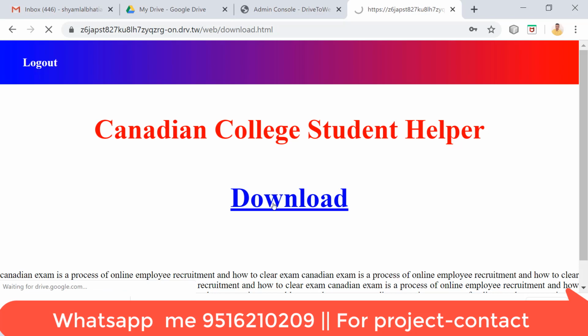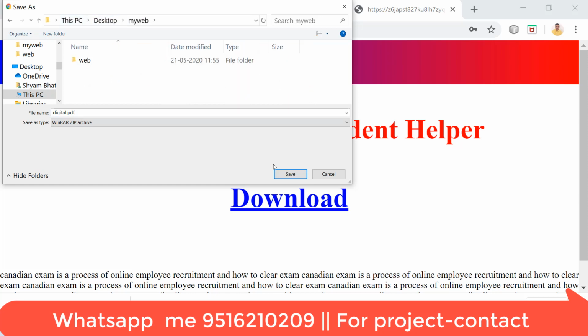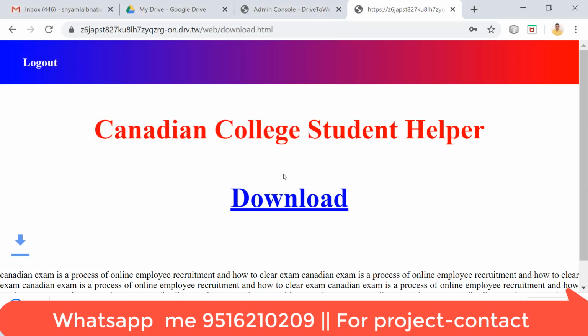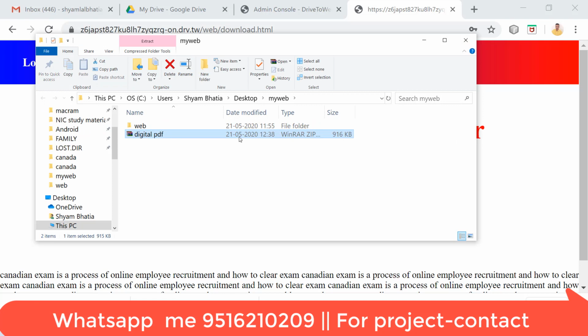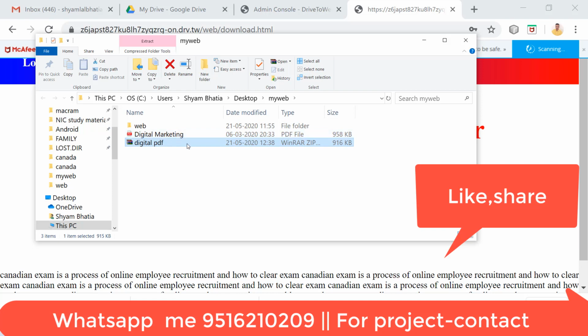Yes, it's working, and in a few seconds it will ask where I want to save that PDF. Yes, it is asking, digital marketing. So I can say digital PDF. And I will save it in my website folder, and here I name it digital PDF. Yes, remember this name, and just save it. Yes, digital PDF, and go to here, right click and show in folder. Go to show in folder, and here you will find digital PDF, and here you will extract it, and yes, you got it, okay. Everything you have downloaded from it.